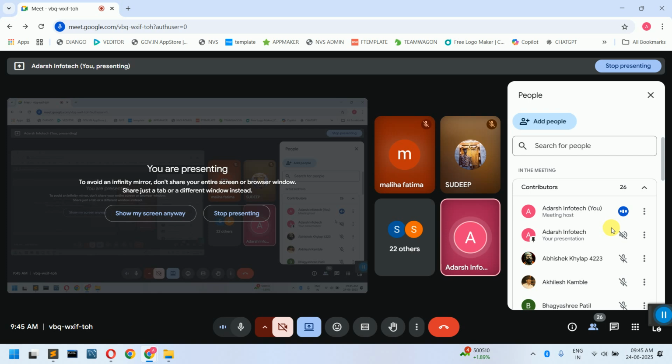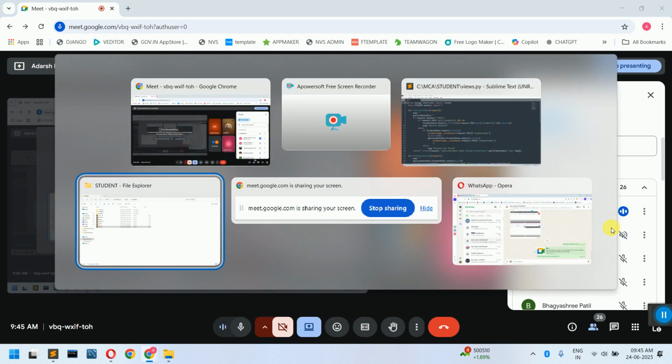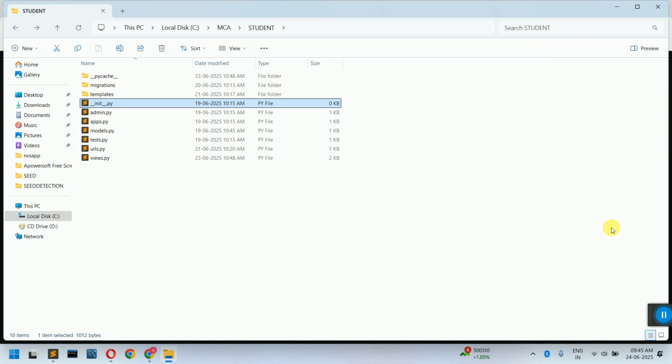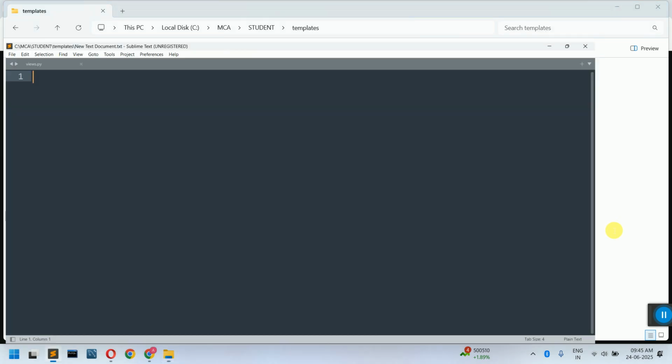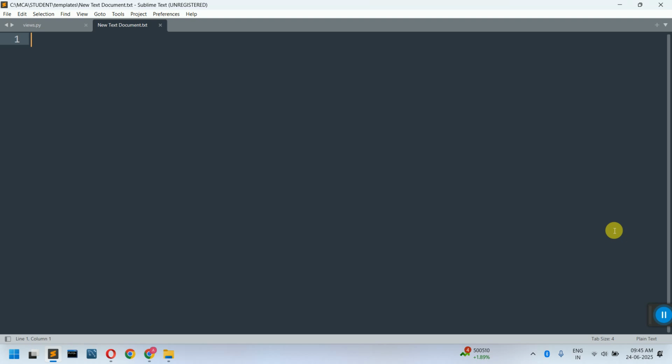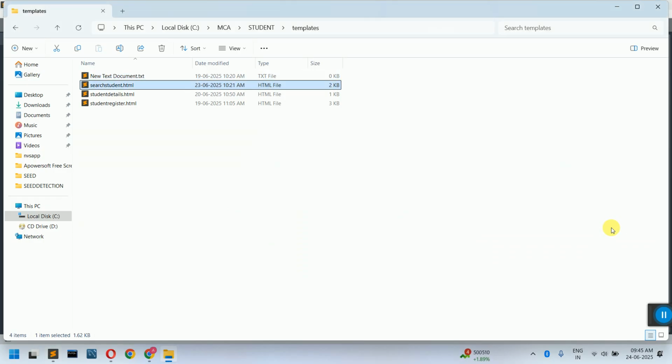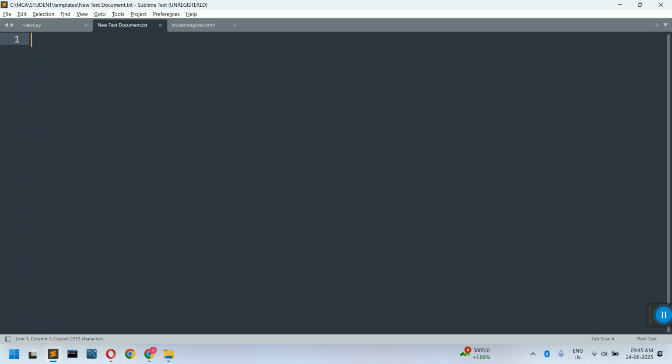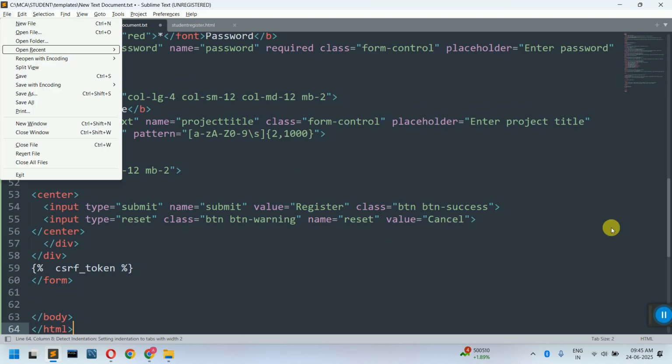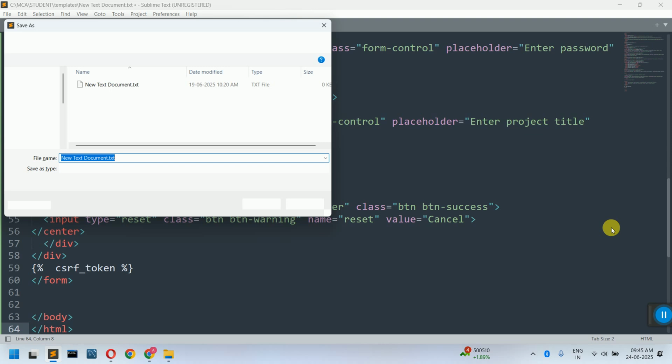Okay. So for that, first thing what we do is that we open the application, and in the application go to the templates folder, create one login page in this case. So login page is generally, it will be having a mobile number and password, or email ID and password, or USN and password, or username and password. So it depends on many different factors in this case. So just to reduce the time of execution or explanation, I'll take the data from the student register page, put it here, call the file name with save as